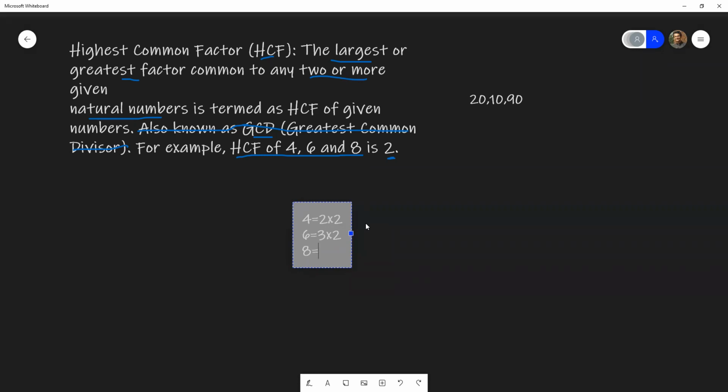4 times 2? No, 4 is a bigger number. 2 times 2 is 4. Okay, 4 times 2 is 8. You get it now? Yes. So we are typing like this: